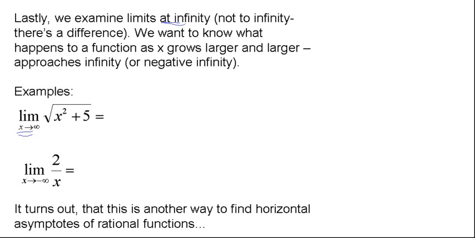We can take a look at this by plugging it into our calculator, doing a numerical analysis, or we can just ask ourselves, as x gets very, very large, what happens to x squared? It gets really, really large, right? 10 squared, 100 squared, 1,000 squared, 1,000,000 squared. Adding on 5 gets even larger, and then taking the square root. So this is growing without bound. In fact, if we took a look at what its graph looks like, I believe, if I'm not mistaken, this looks something like this.